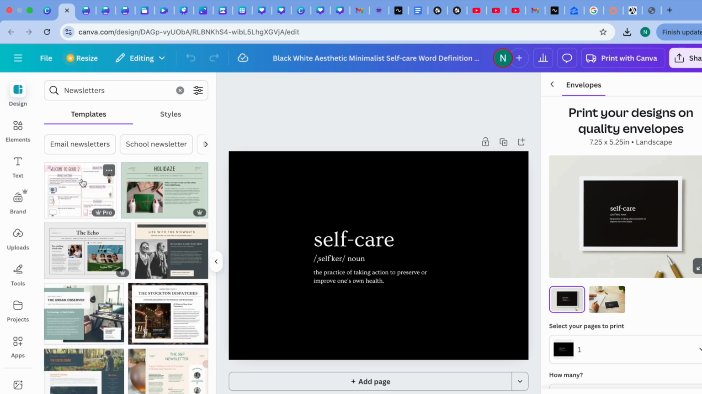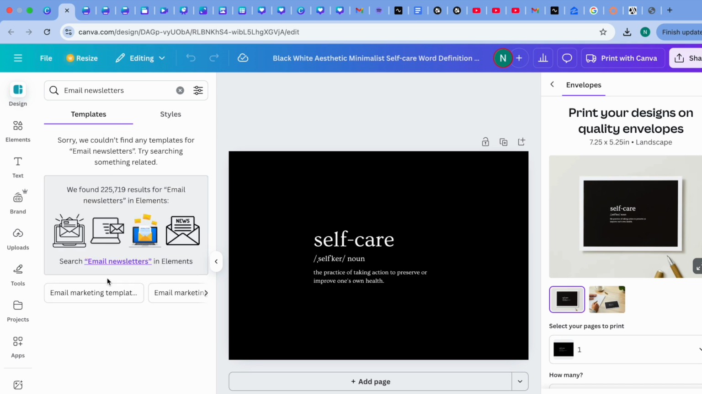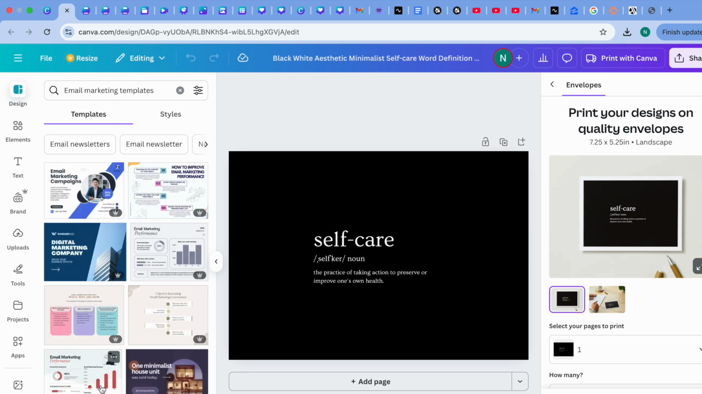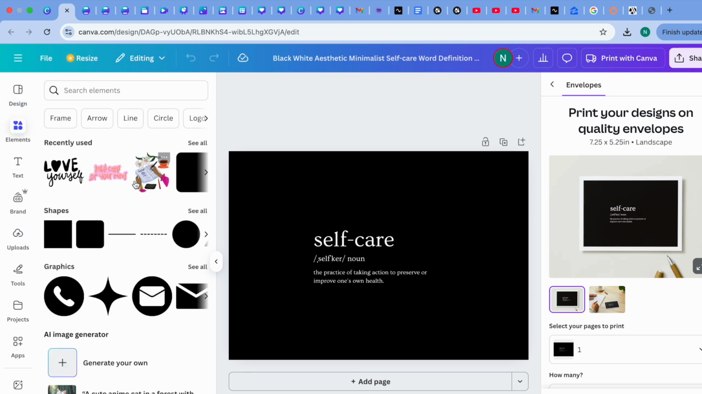Okay, I don't know why it's not doing it, but it's not acting right. But yeah, email, newsletter, different templates in here that you can choose from. You can go to Elements. Elements is where